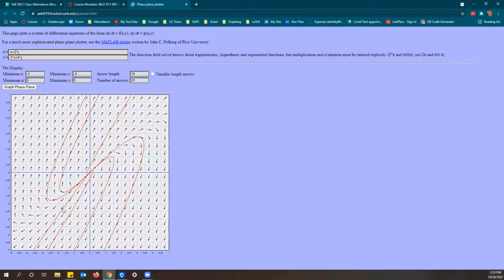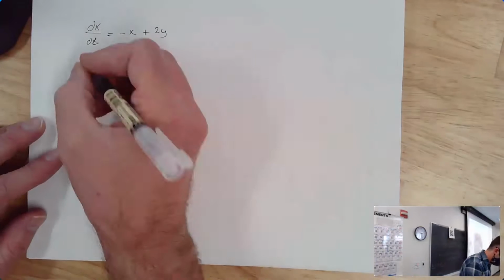And if you look at the equations we started with, sorry, you can't see what I'm writing. I realize as I start writing stuff down. If you look at the equations we started with,